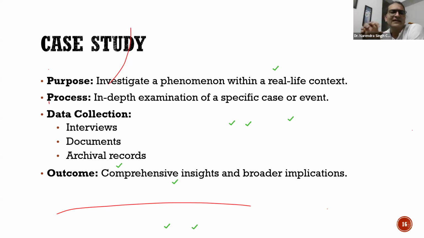What I want to understand there is a dilemma. The dilemma could be regarding decision making, or there is a particular situation or context which has been given. And then it has been asked, okay, what should be the way forward? What kind of decision could they make? What kind of policy could they make? What kind of things can they do so that the problem in the case can be sorted out?